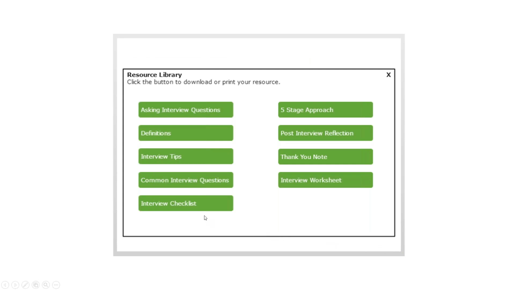So in the last slide, we talked about the resource library. This is what that looks like. So these are all of the handouts that are included in the Acing the Interview student course. And then they would get to this by clicking those little green books that we saw on the previous slide. So students can download and read any resource anytime. It's the green books, I mentioned that to be